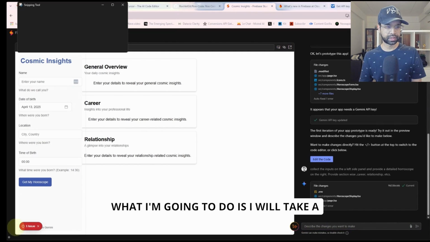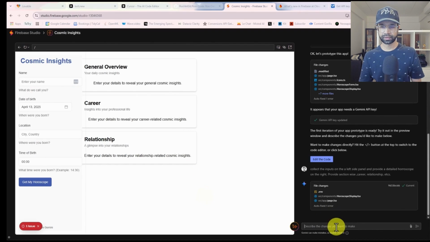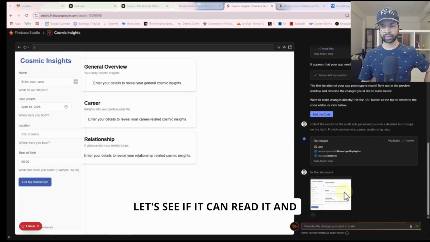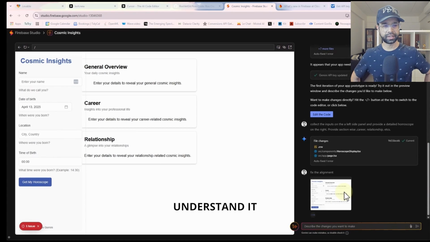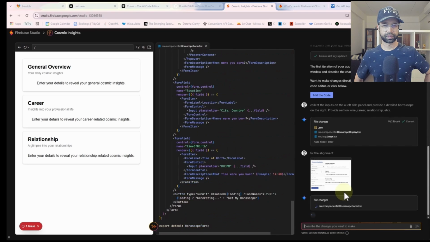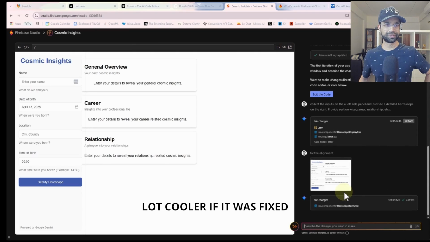What I'm going to do is take a screenshot of this, and ask it to fix the alignment. Let's see if it can read it and understand it. Okay, it will be a lot cooler if it was fixed.